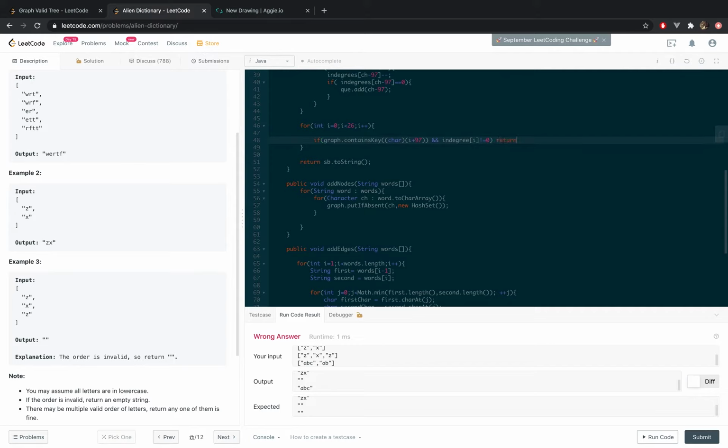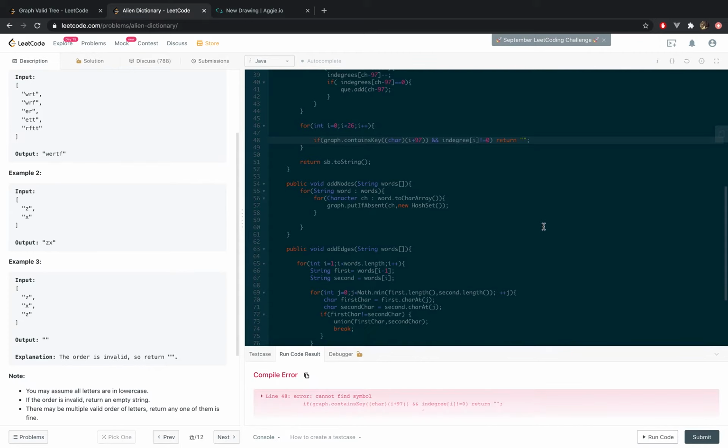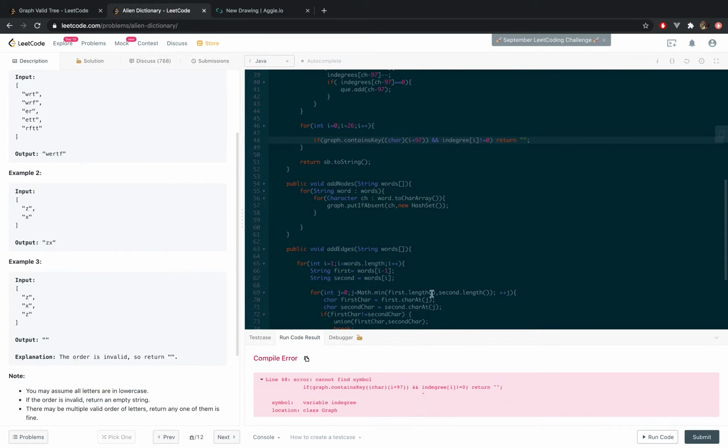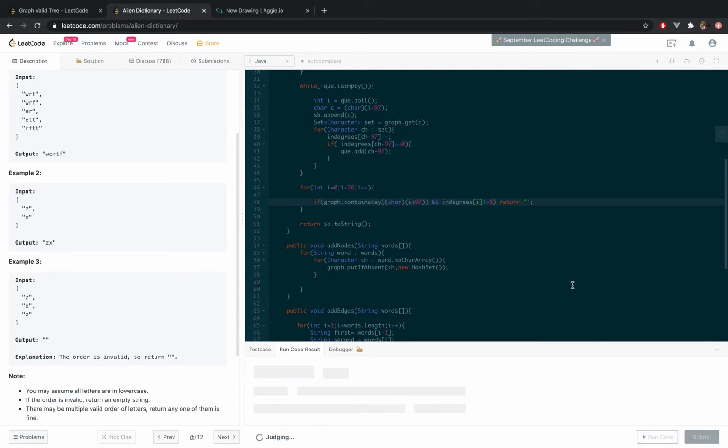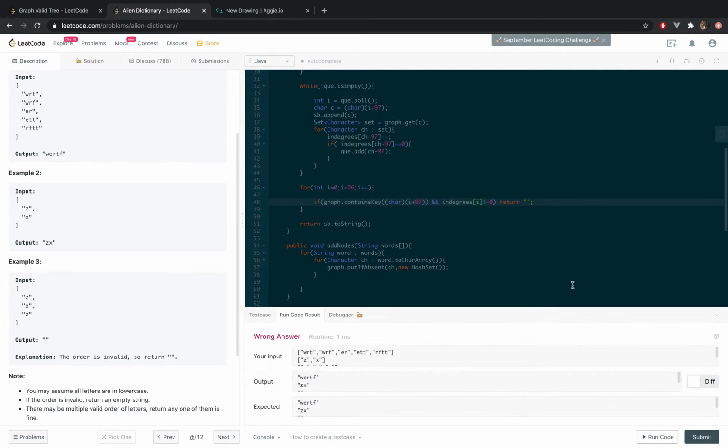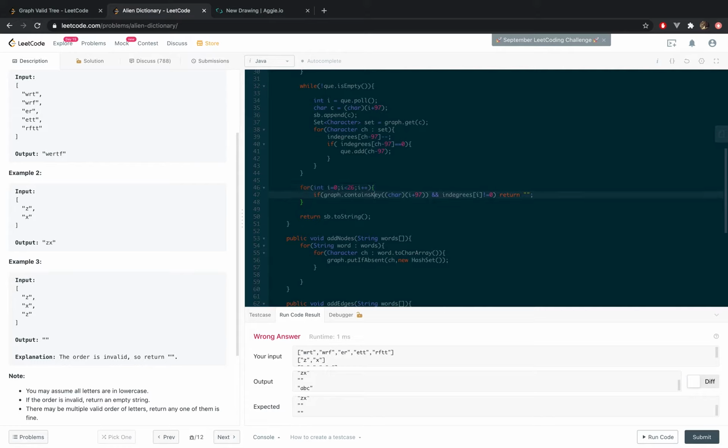Then we will simply return this. In degrees, still the wrong answer. Okay, and if this is not equal to 0, that means